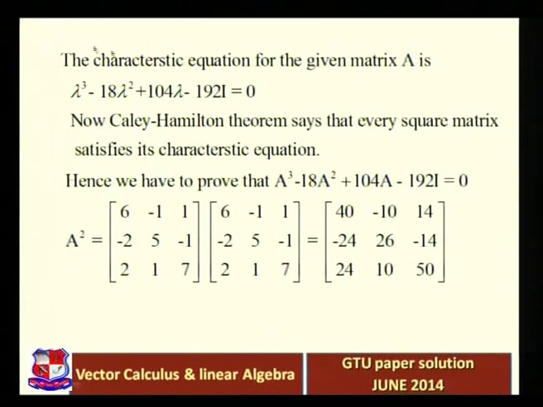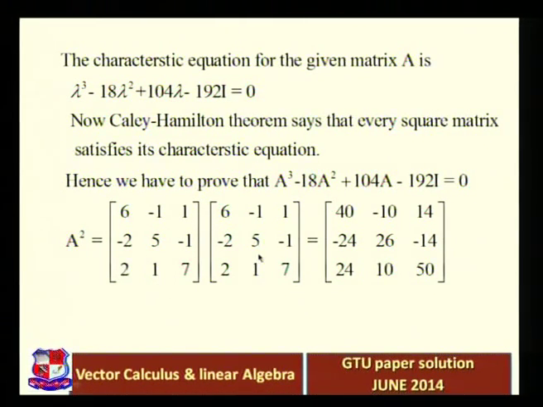So that's why we have to find A square. We already have the identity matrix, that is 1 0 0, 0 1 0, 0 0 1. A is already given in the statement, so we have to find A square and A raised to 3. A square is this matrix. We have to multiply these two matrices, 6 -1 1, -2 5 -1, 2 1 7,